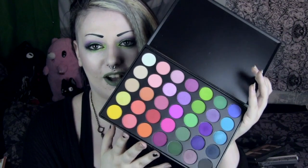This was $22. I was like, what? So I immediately got my friend to order that for me. This is what it looks like. I know everyone's going nuts about the 35O palette. I think this is the 35B, and I got this because I don't have very many vivid, brightly coloured